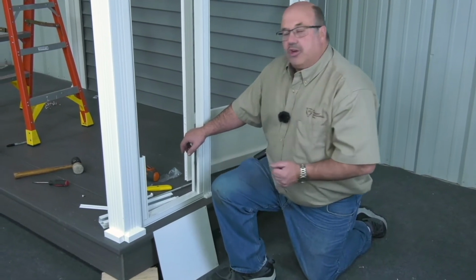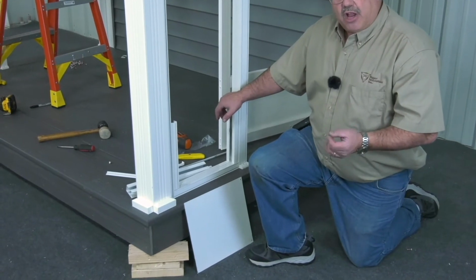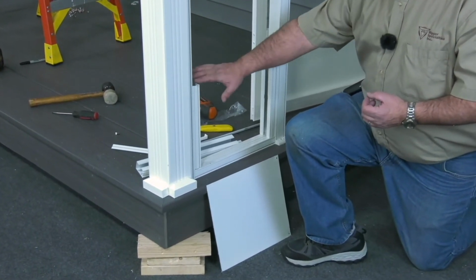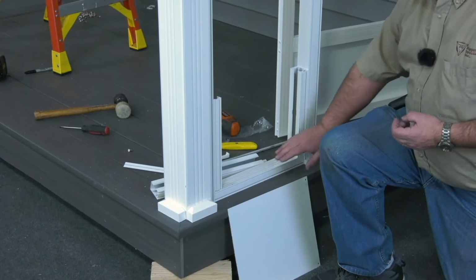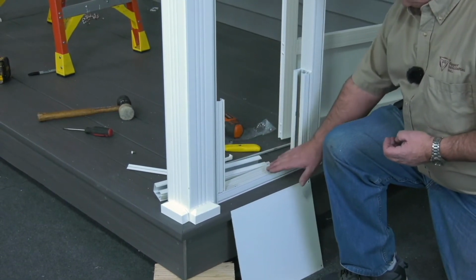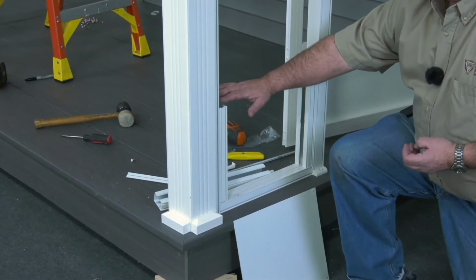In this opening, we're going to install a kick panel system. The kick panel is available in 4, 6, and 8-foot openings, and they're all 13 3/4 inches tall to match the kick panel on the screen door. The kick panel kit consists of 2 verticals and 2 horizontals and a kick panel, and hardware to install the